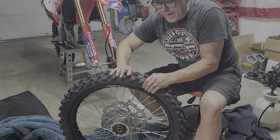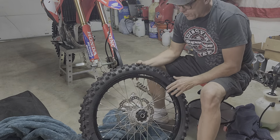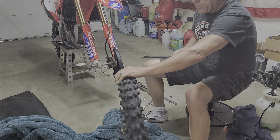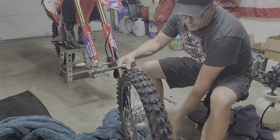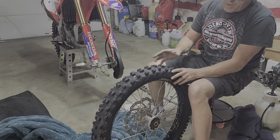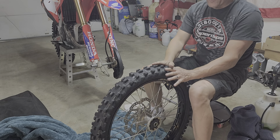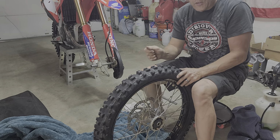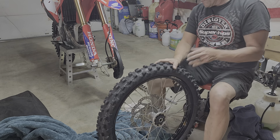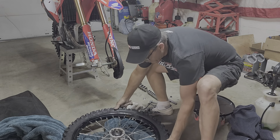So you might be able to do that by hand, just by squeezing it, depending on how old your tire is. Or you may have to get a tire lever and just break the bead all the way around. And then you might be able to shift it if someone can hold the front brake for you to keep the wheel still. Then you can just shift the tire so that the stem can upright itself. But if that's not an option for you, take the wheel off as I've done